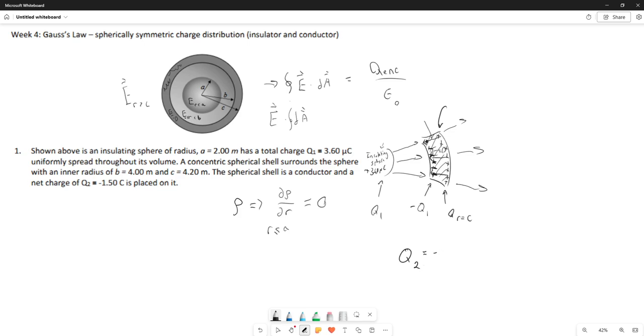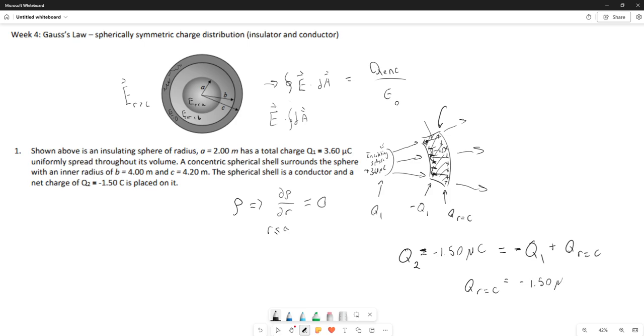So no matter how much, which is negative 1.5 microcoulombs, no matter how these charges inside a conductor distribute, the total still has to equal the net charge due to charge conservation. And we know that the inner shell is just negative Q1, and then the outer shell is what we need to solve for. And so we can then solve that Q on the outer shell total charge would be equal to